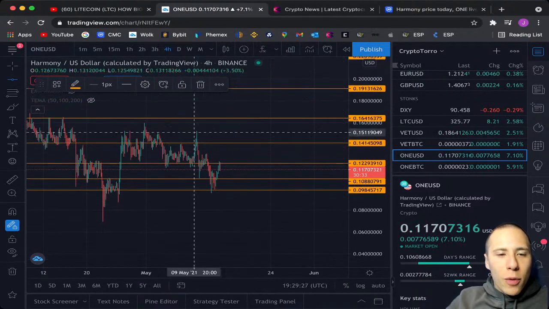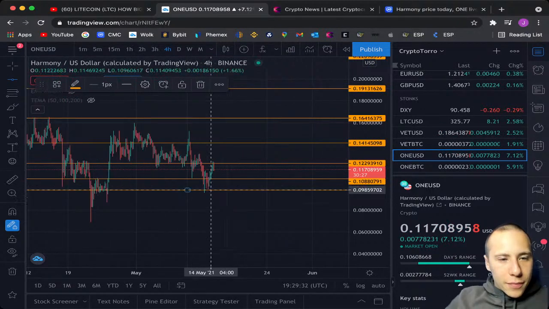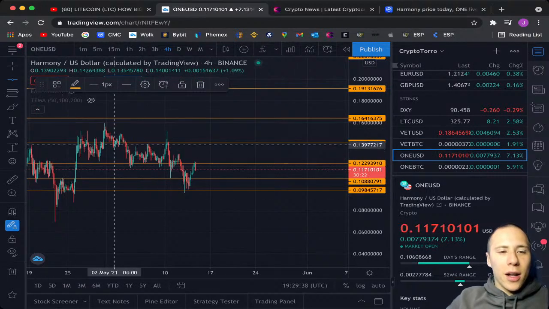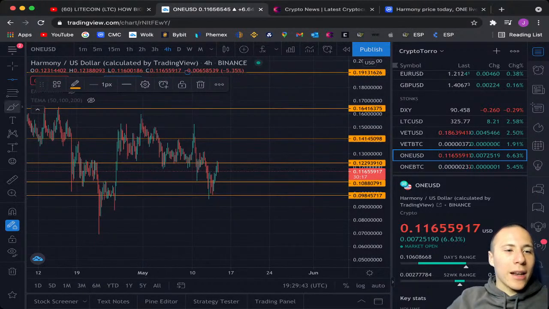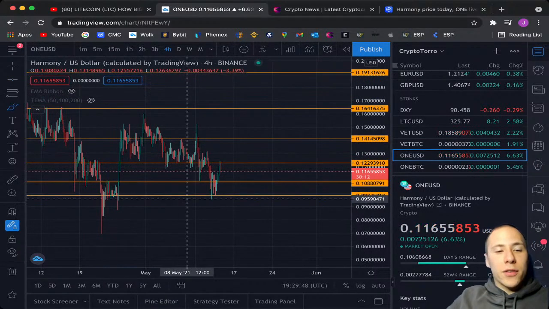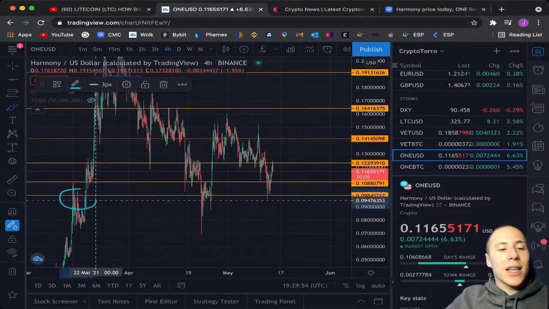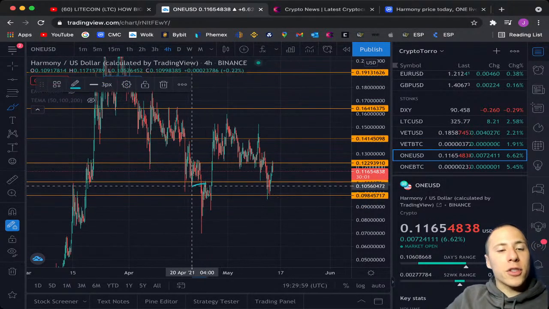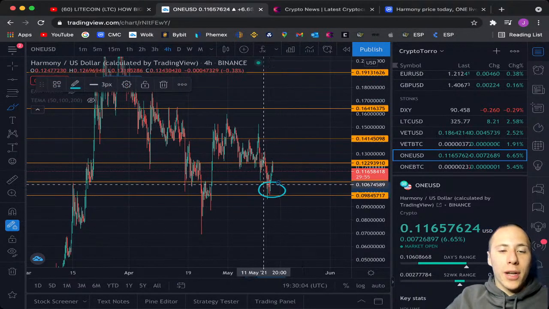So right now what we're looking at is this pattern right over here, and what you're seeing is a huge wick towards the upside, and once again it's falling back down below. And I'm very glad that we are seeing once again that this level of support is apparently really significant, especially because we already saw that it was a level of resistance in the past, and a level of support in the past, and right now it's serving once again as a level of support.